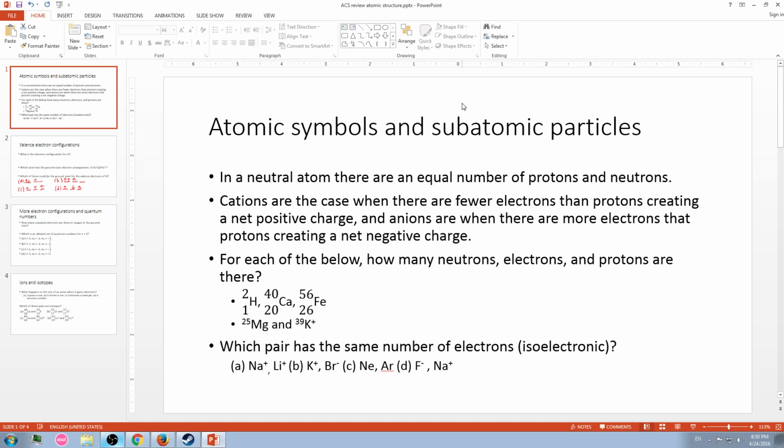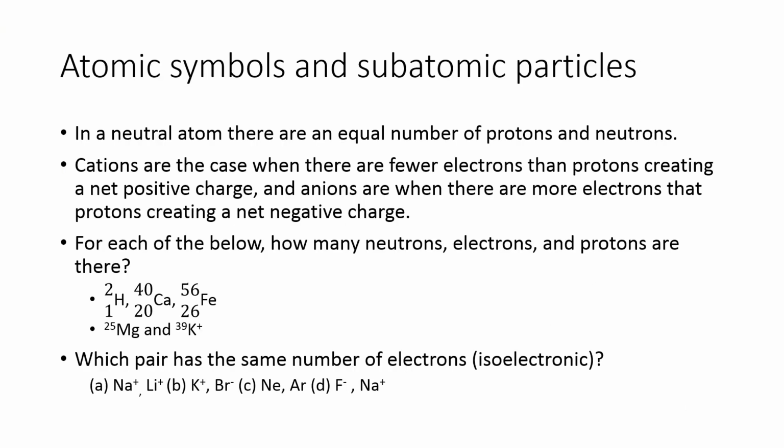To be able to talk about atoms then, we're going to need some type of symbol to represent this. So below I've got a few different symbols we could use that we should be able to go back through and designate how many neutrons, electrons, and protons there are in each of these systems. So we'll start here with this symbol here,